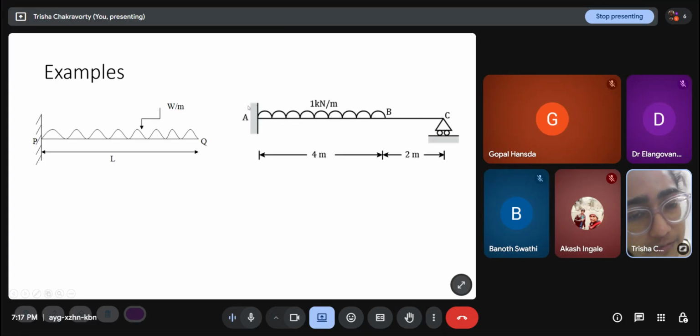Now this fixed support gives us three types of forces: an x reaction, a y reaction, and a moment reaction. And this roller support at C gives only a y reaction. Now if I call this roller redundant, I remove the roller, so there is no y restraint at C. The structure is still stable, right? It becomes a cantilever with three equations and three support reactions. So I can call the force generated by this roller a redundant force. But that doesn't mean this is the only possible redundant force.